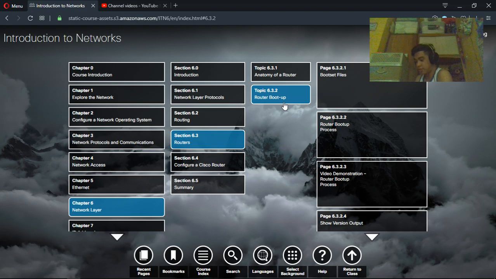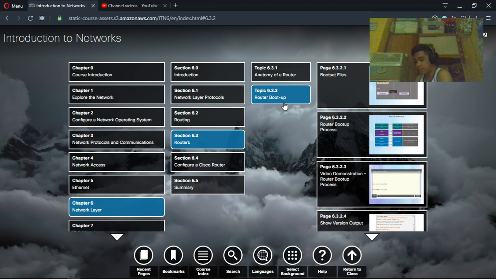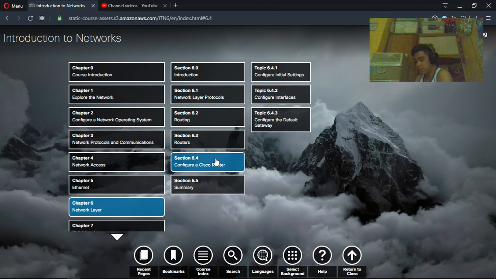The router boot up has a process, not a lot of processes, but there's still a process. Sure, because it's a device, so the process is on its cycle. But in the router, there are not so many processes to start, and I think it's also in my previous summary. And in this chapter also,